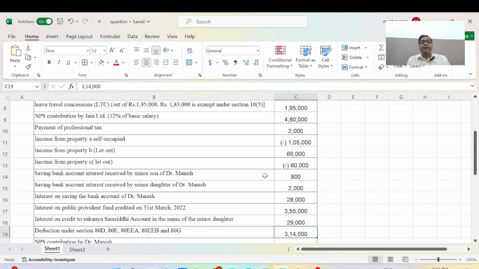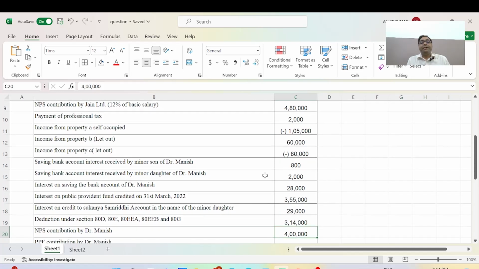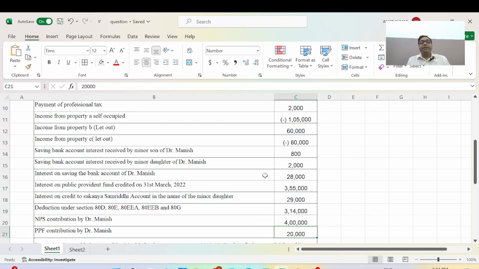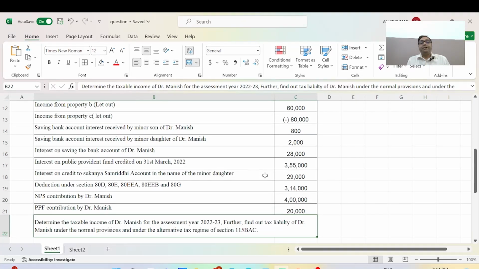Deduction under Sections 80D, 80E, 80EEA, 80EEB and 80G is 3,14,000. NPS contribution by Dr. Manish is 4 lakh rupees and PPF contribution by Dr. Manish is 20,000 rupees. Now we will calculate and determine the taxable income of Dr. Manish for the assessment year 2022-23, and further find out the tax liability of Dr. Manish